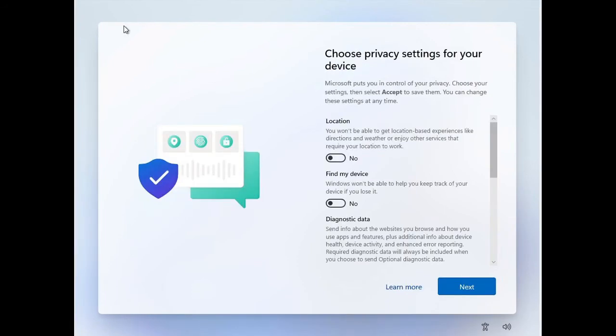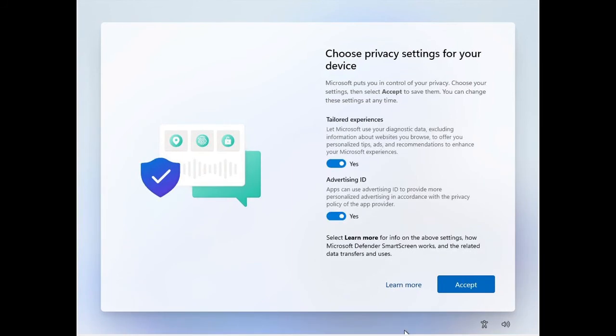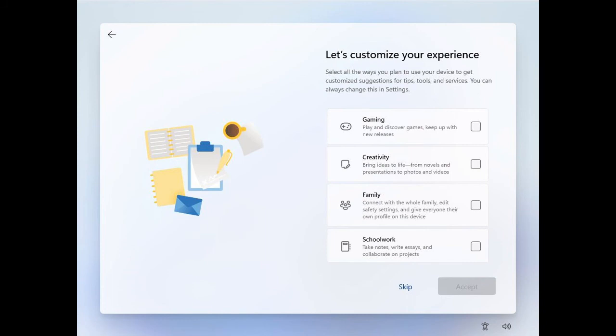Then on the next page, it will ask for the privacy settings. In the privacy settings, you can enable location, find my device, diagnostic data, tailored experiences and the advertising ID if you want, or else you can disable them by choosing no, and you can accept this window. Once you accept, it goes to the next window and asks for some other options like gaming and creativity.